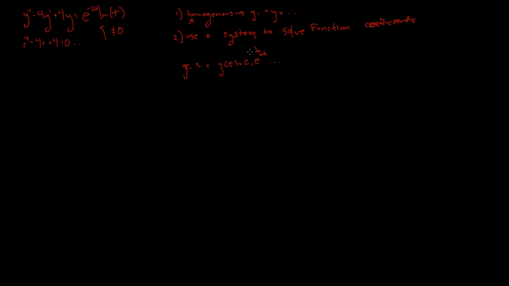But because this isn't homogeneous, we have a different general solution, and that's going to be y of t equals v1 y1 plus v2 y2,